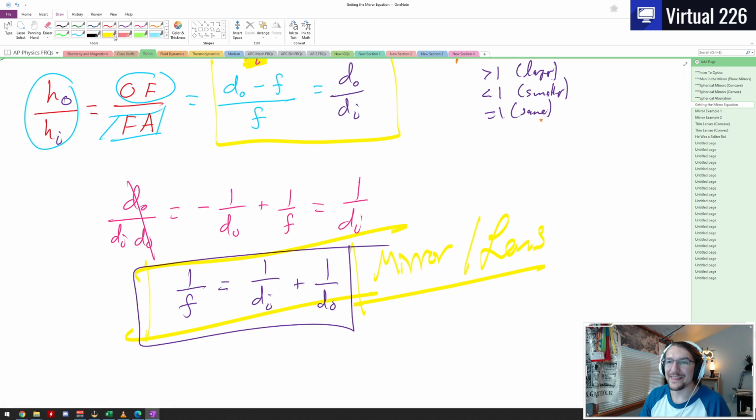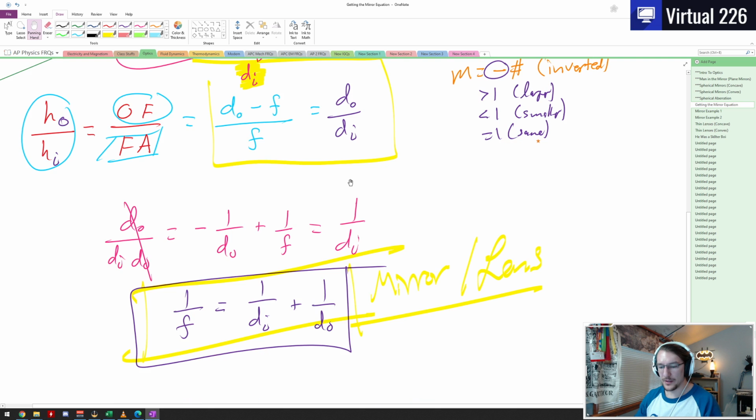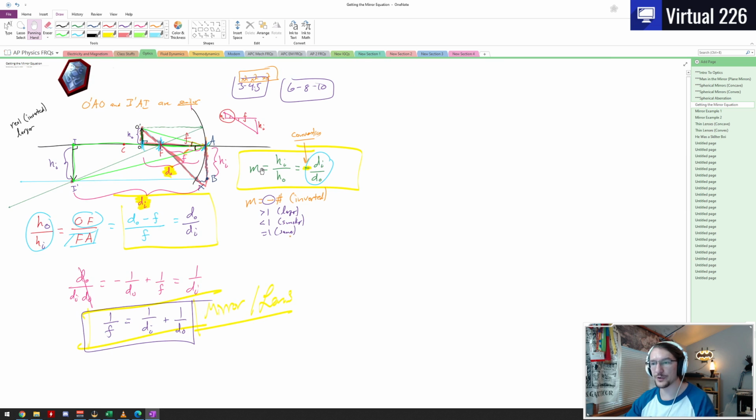Okay, so that is the equation we want there. We want this mirror lens equation, and we want this magnification equation that we saw before at the beginning of this video in order to mathematically say where our objects are, so we don't have to keep drawing them, and how large they are, and if they're real or virtual. Okay, so these are two very important equations for this unit, and in our next two videos,